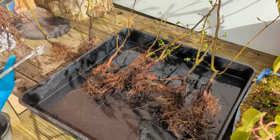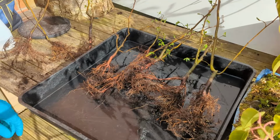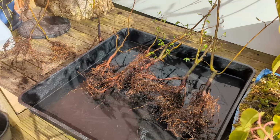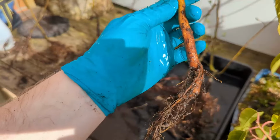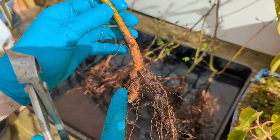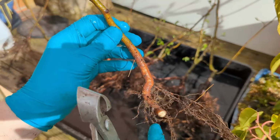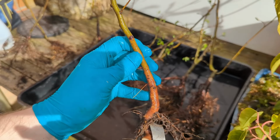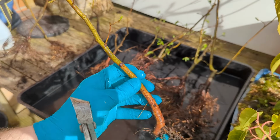Which is a nice headache to have, because I want 9 in total, which gives me an option of leaving one left over, which probably could be this one. My roots are here. I've just trimmed it here, but I'm just going to trim it right across this section here for now,